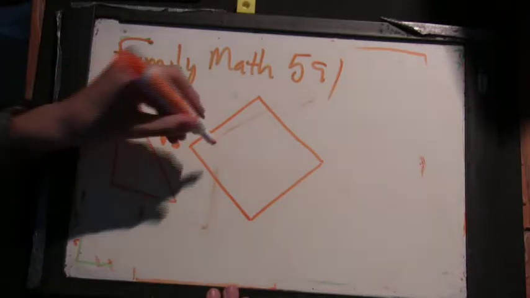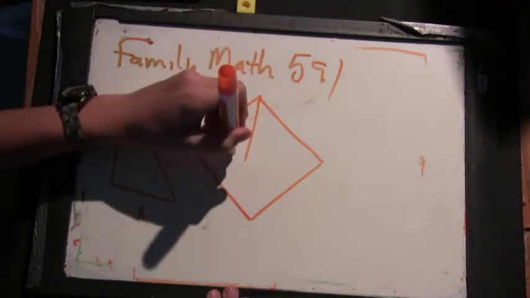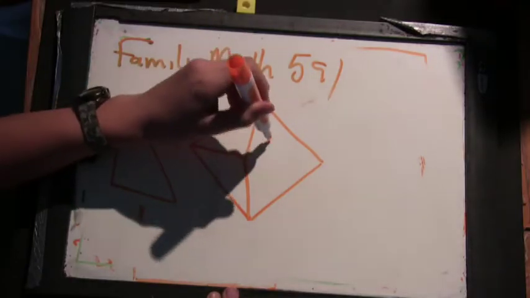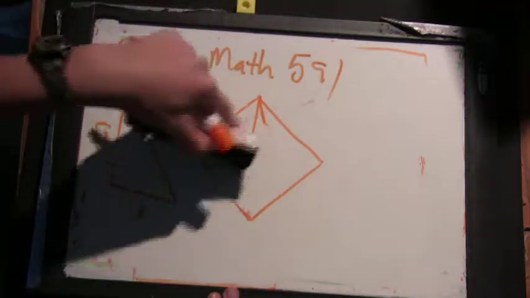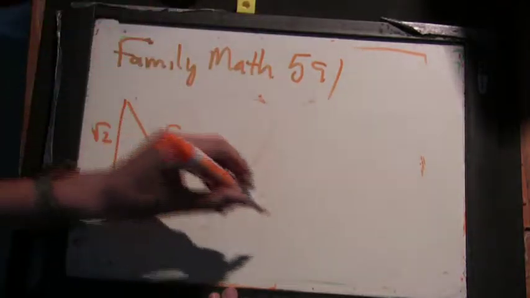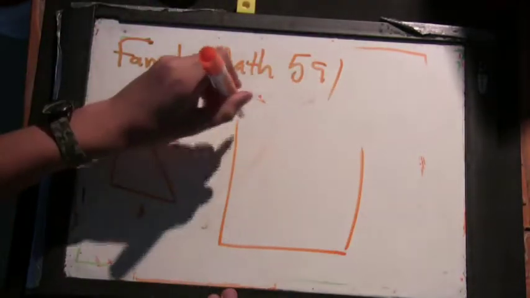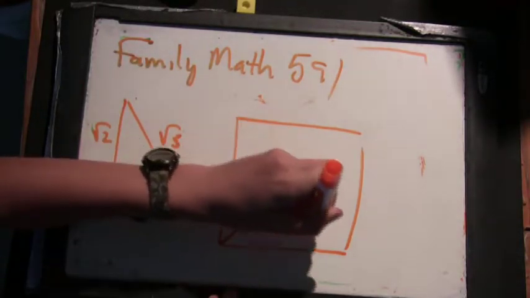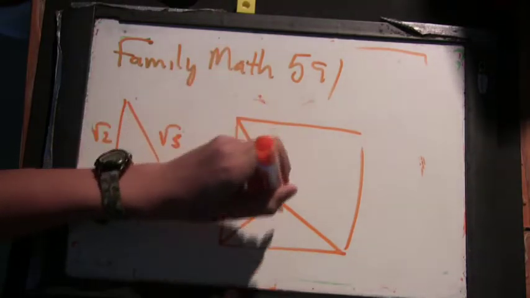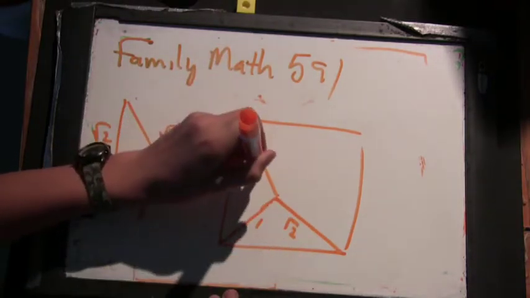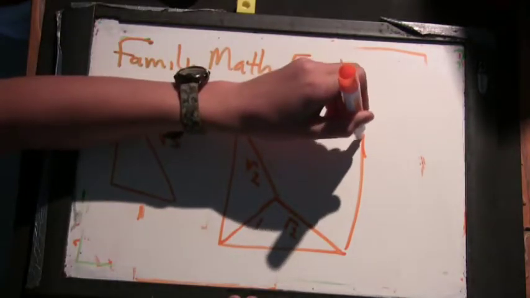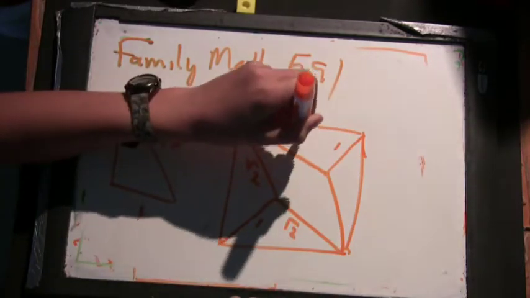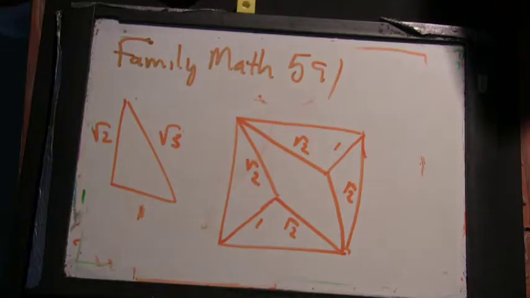But, so, this is hard to draw. So the side of 1, and then a side of root 2. So you can put it together like this,